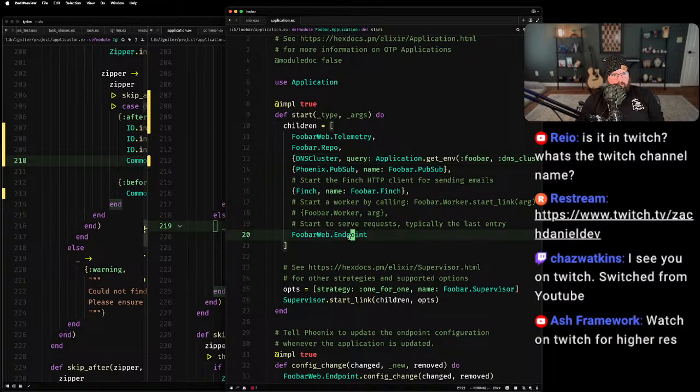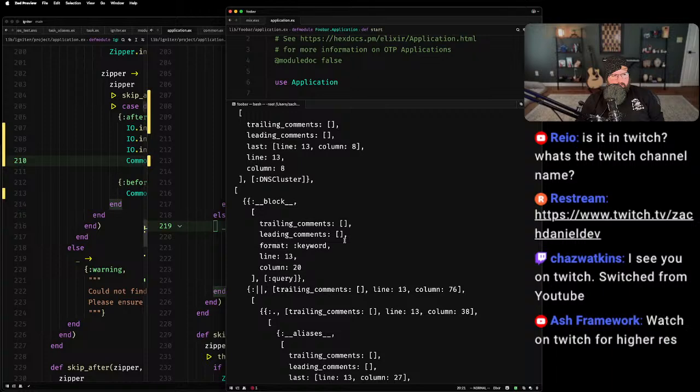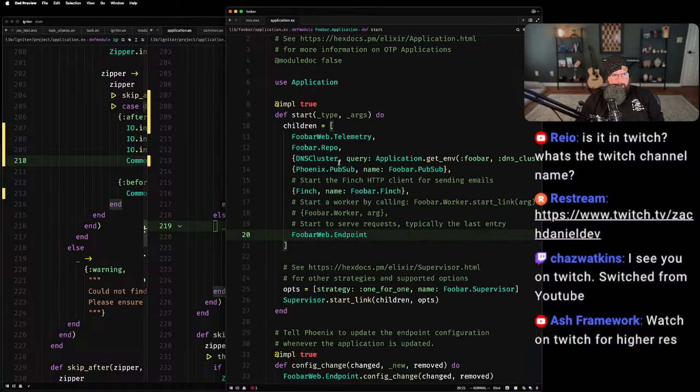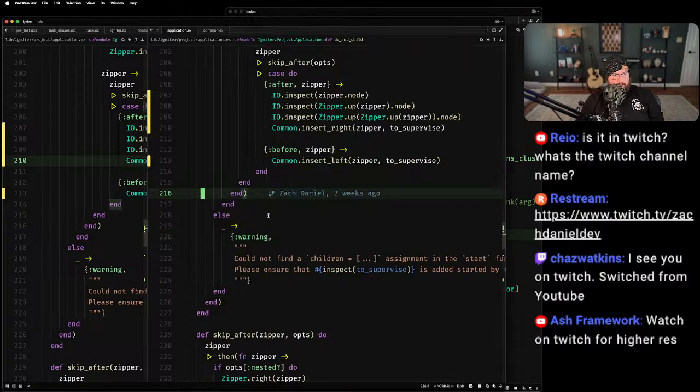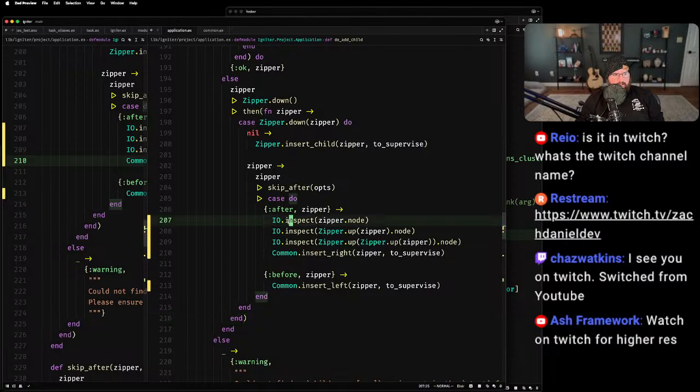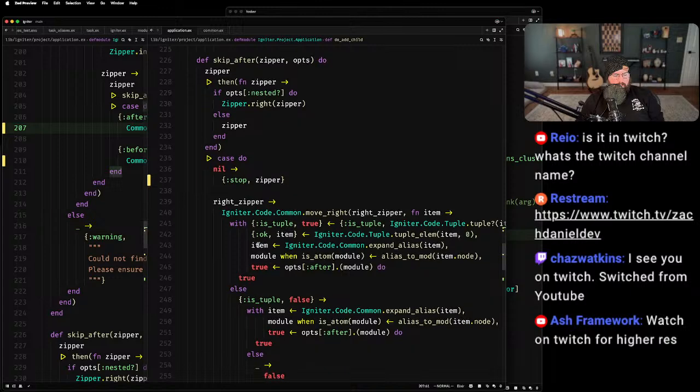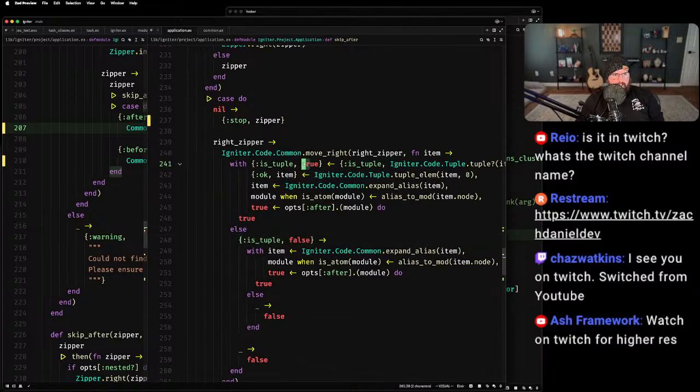Why wouldn't it even be putting it all the way down here? I'm so confused. Why does it even think that it should be putting it after? Wow. This is probably a problem with. Okay, so we say is tuple true.